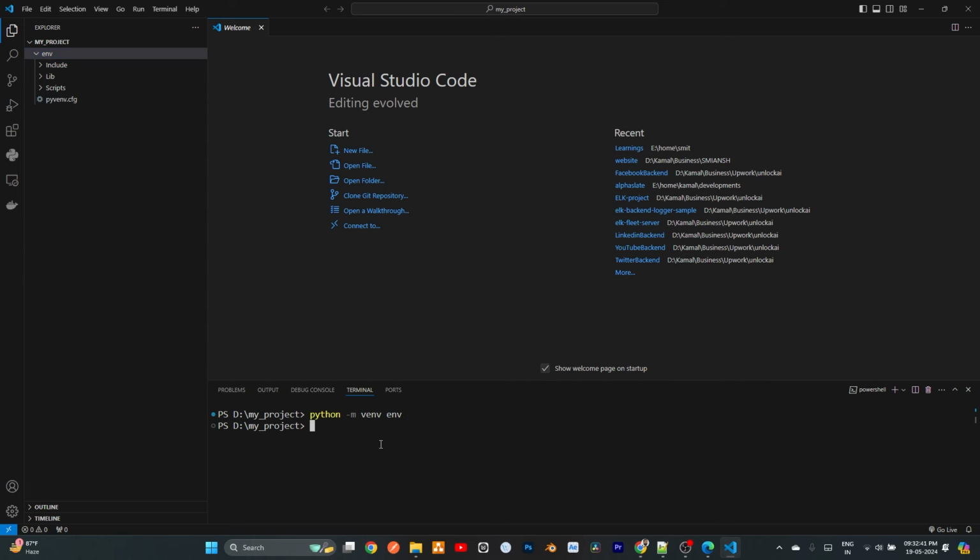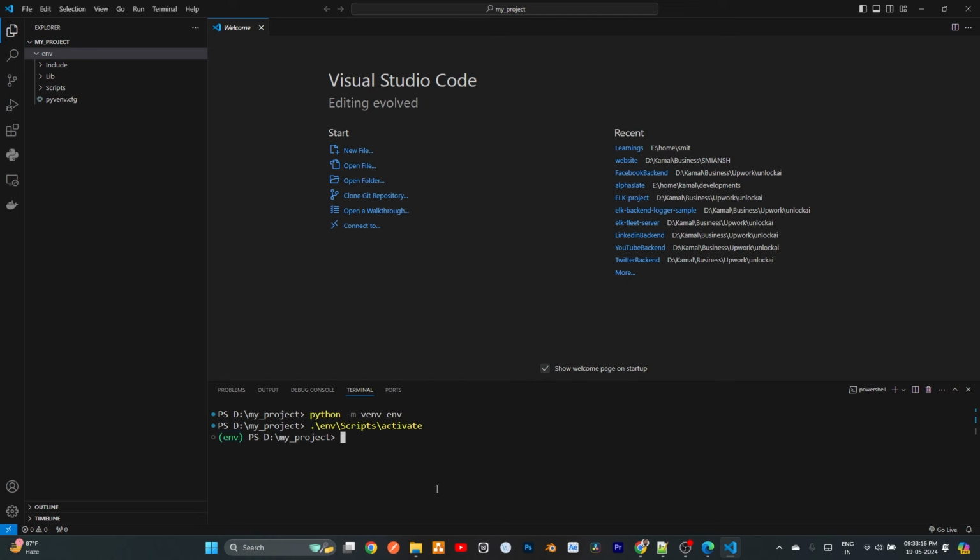The next step is to activate this virtual environment. So to activate this virtual environment, we can type command .\env\Scripts\activate and we'll press enter. So as you can see on the prompt, now we are using a virtual environment for this particular project in